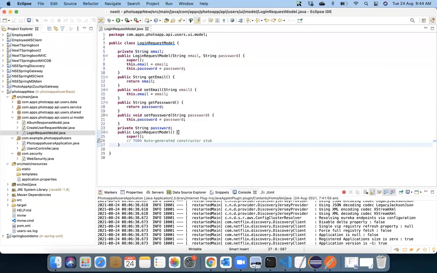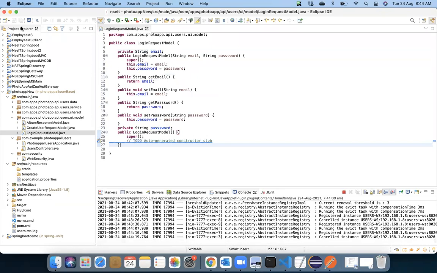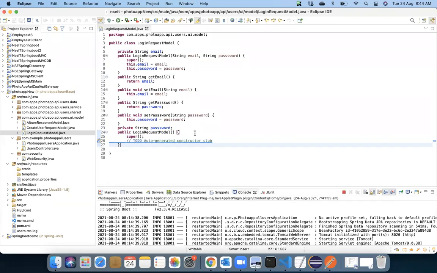That's it. So this is a new class which we have to create, called LoginRequestModel. That's the first class which you have to create in your project.